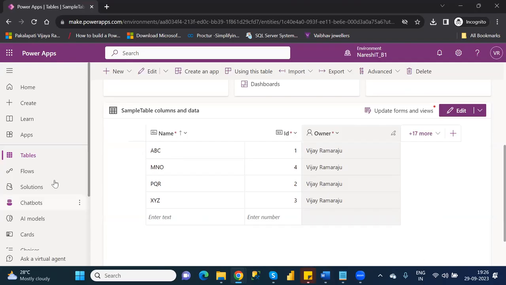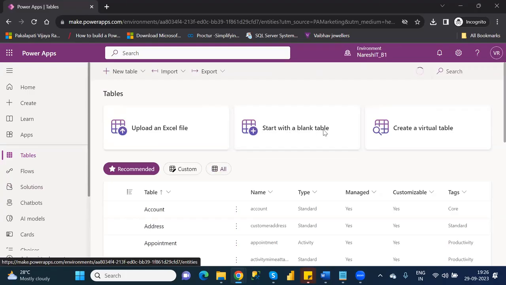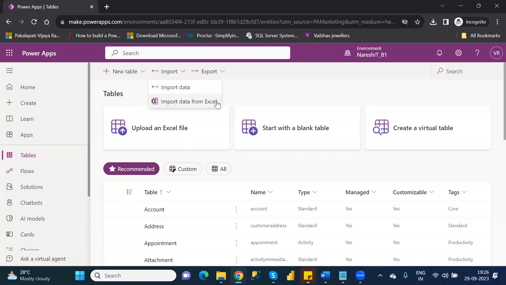So that's the reason, if you want to create your own table in Power Apps, then you have to start with a blank table. If you want to load the Excel data here also, you can load it, or else under the import, there is an import data from Excel option. If you use this option, you have to map the data source columns as well as destination columns, sorry, the Power Apps table columns as well as the data source related columns. Also, you have to map it here. Must and should. After choosing that particular Excel file,